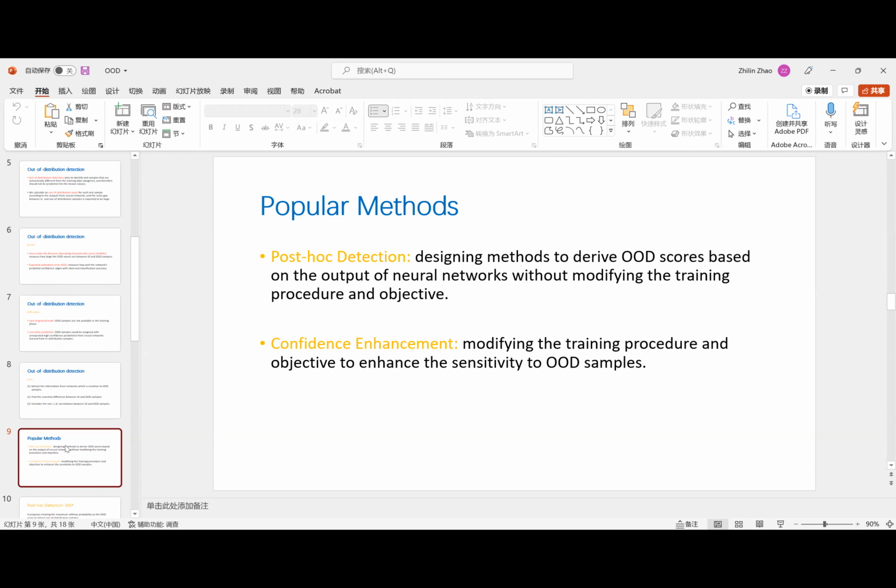You don't need to modify a trained network. You only design a detector based on the output from the network